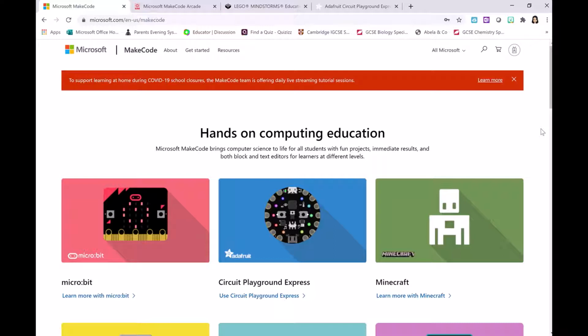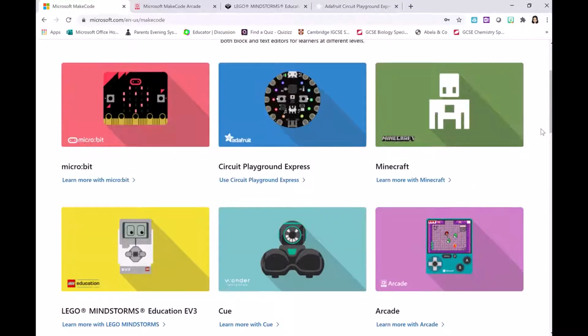Microsoft MakeCode is a free-to-use series of programs that helps computer science and computing education, and there are several that you can use, but this is really interchangeable with design thinking and problem solving in all subjects, because if you have a project that you would like the students to do, and they could in some way use Lego or Arcade or Minecraft to display their prototype, to display their project,